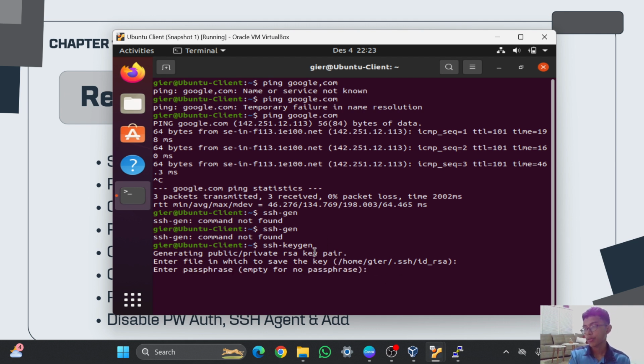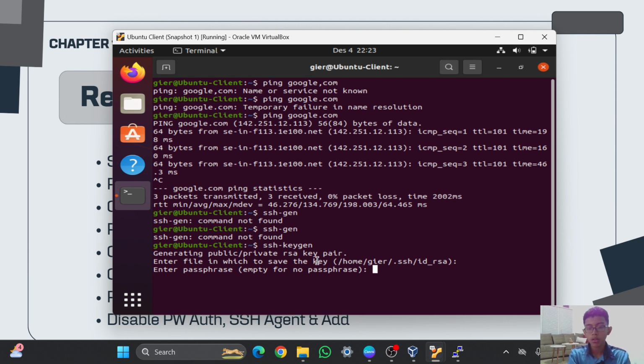For the passphrase, it is like a password, but make sure it is not the same as the user's password. I will explain a little bit. The password of the user is for the user itself, but the passphrase is for the key, if you want to access it.